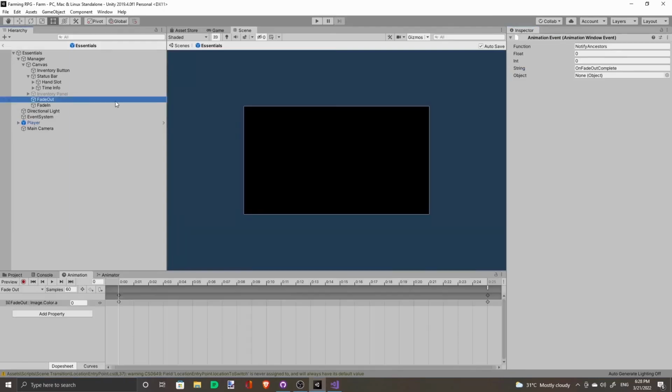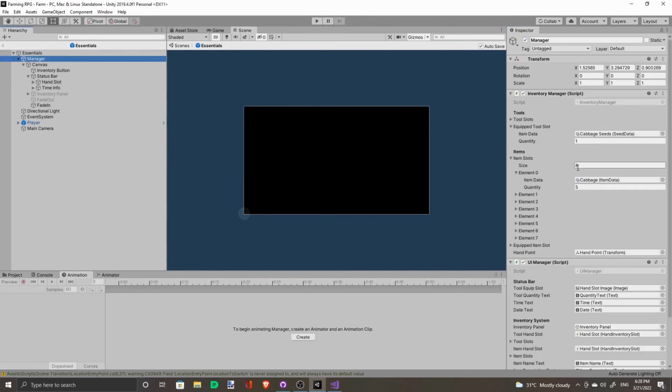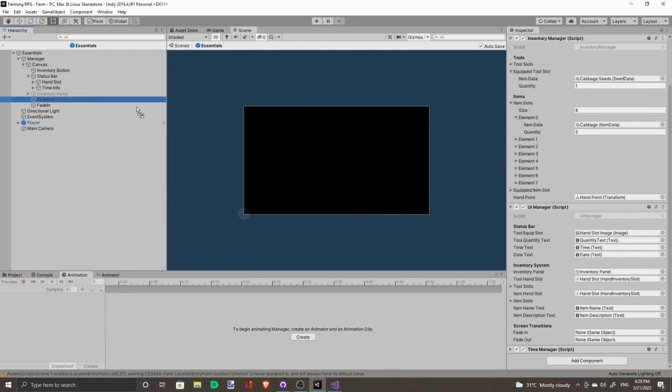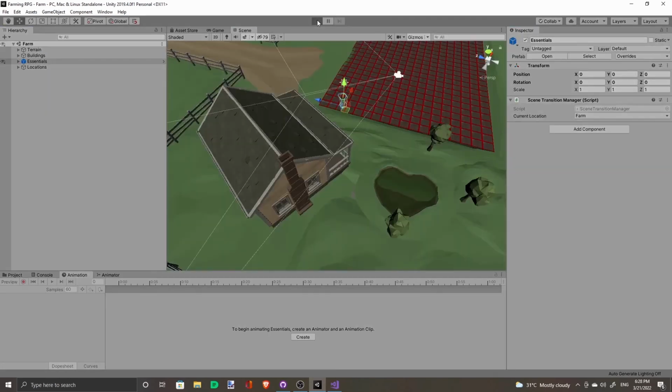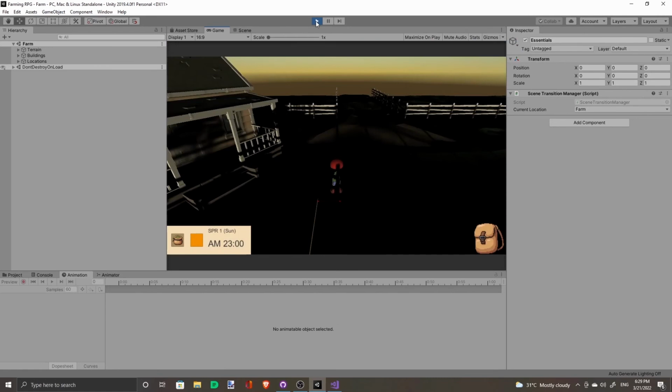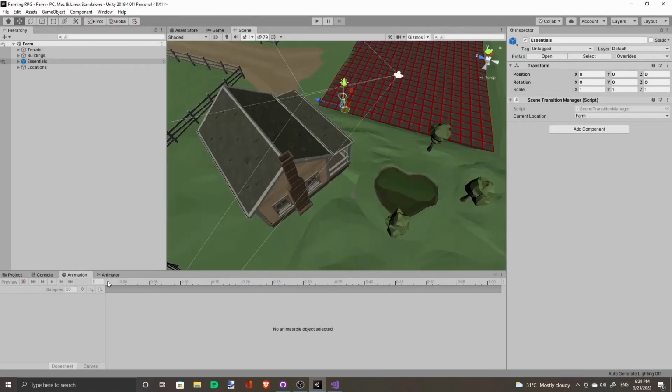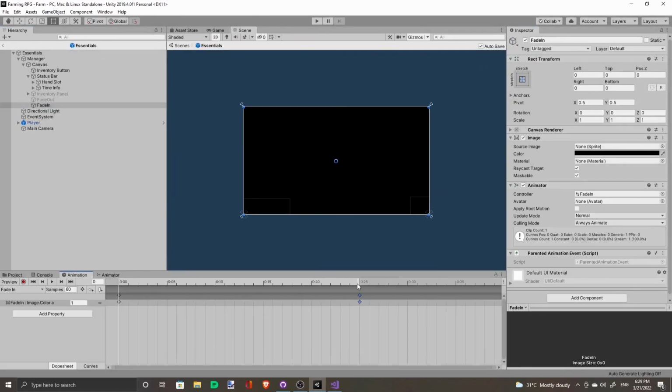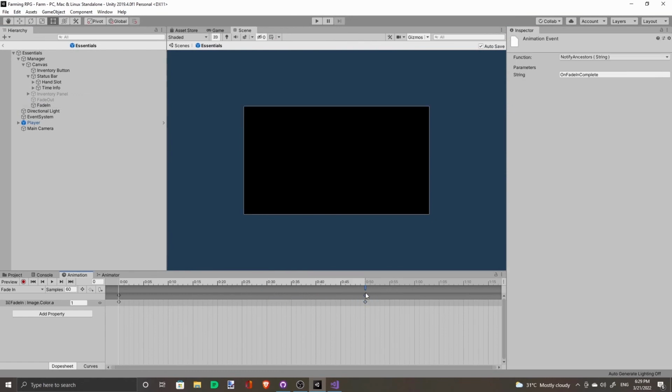Let's see this in action. So UI Manager, this is fade out and this is fade in. Maybe you want to make the animation play a bit longer.